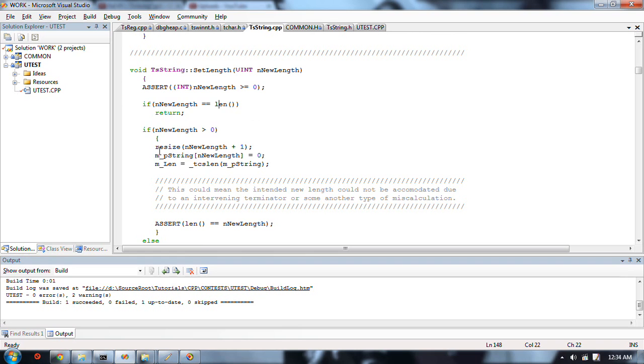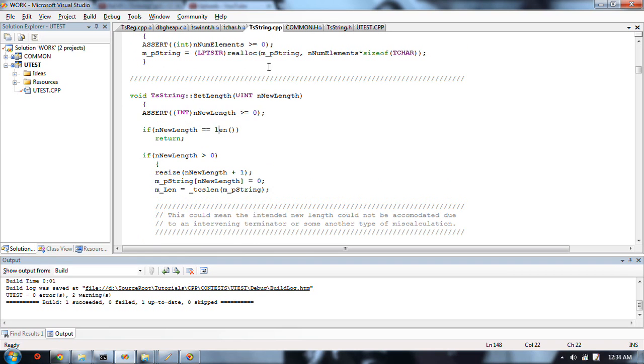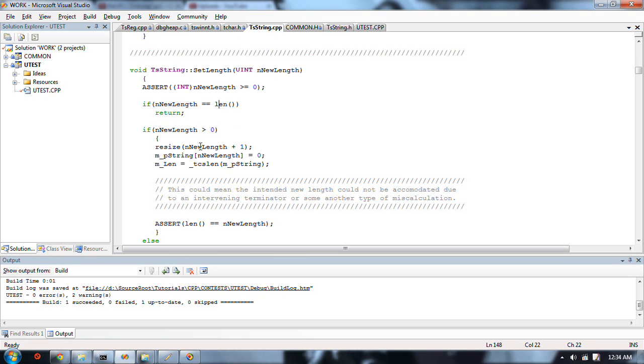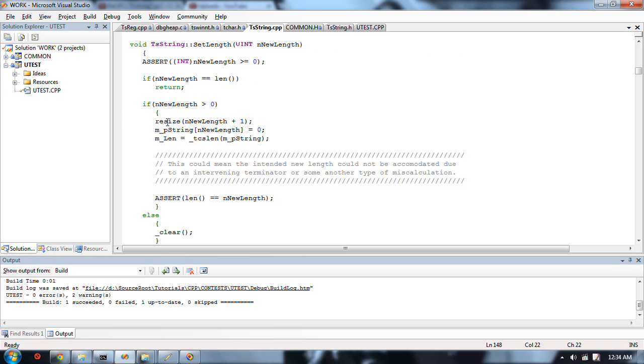If the new length is positive, and this is the new length value, then resize to new length plus 1 for a null terminator, put a null terminator in, and now I could just set this value equal to this, but I'm taking a string length,